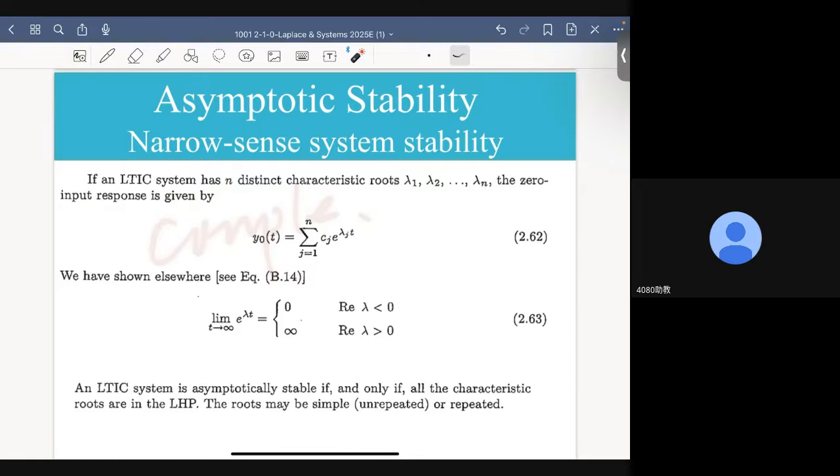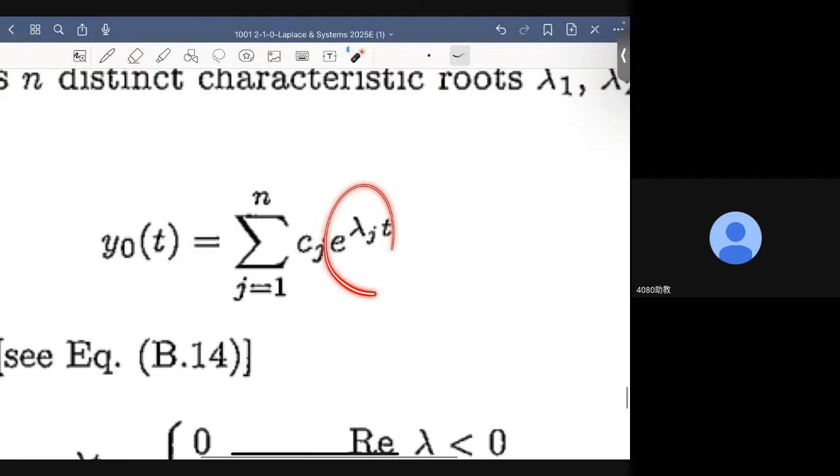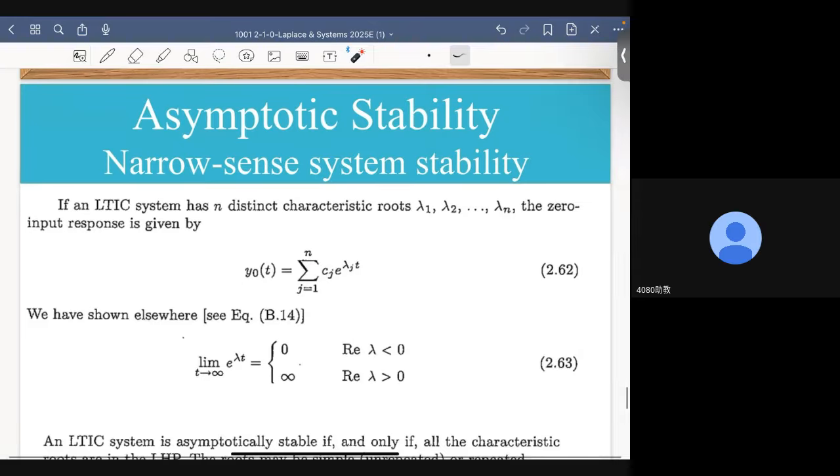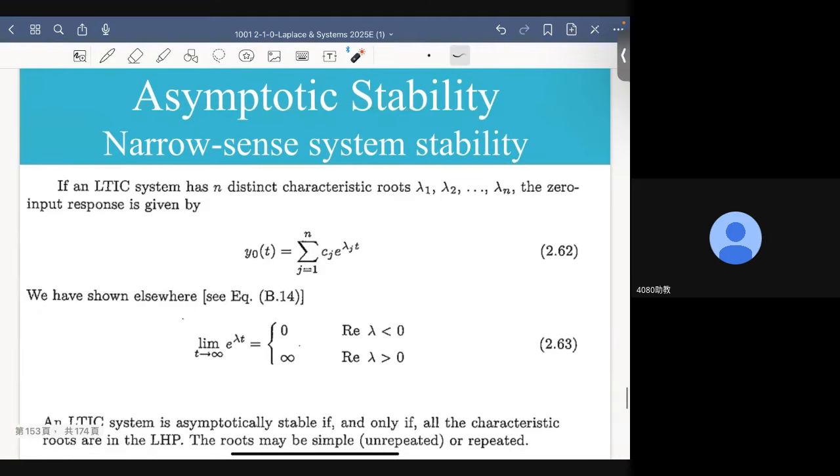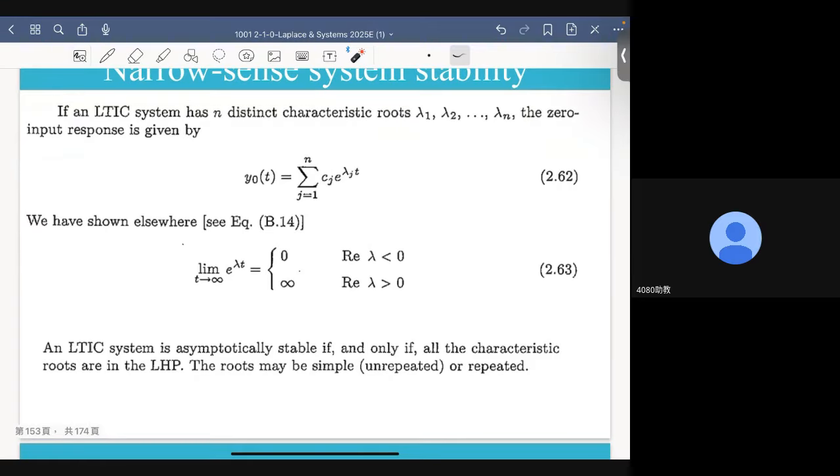All right? Okay. So we all know that the zero input response is a linear combination of all the modes. Okay, what is a mode? A mode is a base response pattern of the system. Okay, we have shown that. Now, if the system is asymptotically stable, then it means